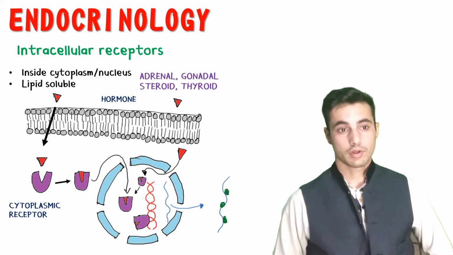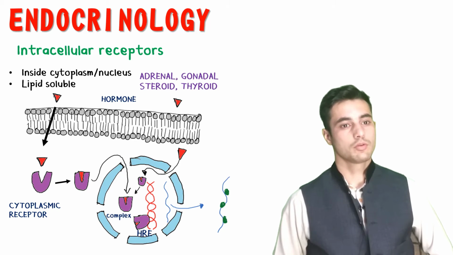So the hormone receptor complex will go inside the nucleus and it will bind with a specialized hormone regulatory element, or the special regulatory sequence of the DNA,